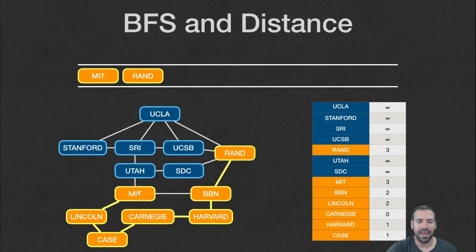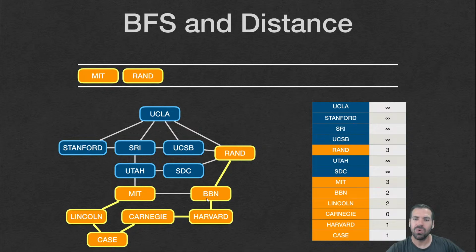So Lincoln got MIT, but there was nothing we had to code. There's no extra logic that says how we're going to break the ties. It all just comes out in the wash. It just happens. And the way the tie was actually broken depended on the adjacency list. So the way that I set up this example, I'm just saying that Carnegie's adjacency list is case and then Harvard, as opposed to Harvard and then case. So that means we visited case first and in-queued case first and then Harvard, which meant case was DQ'd first, which means Lincoln was in-queued before BBN, and then Lincoln was DQ'd first, and Lincoln got MIT before BBN could